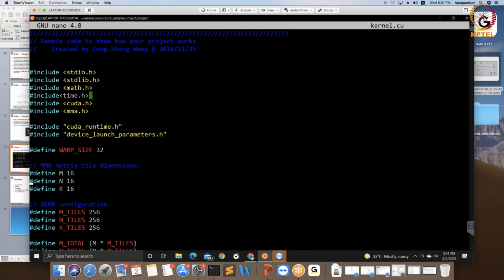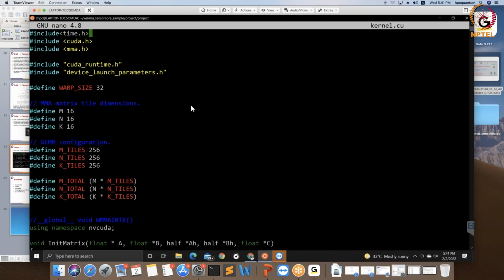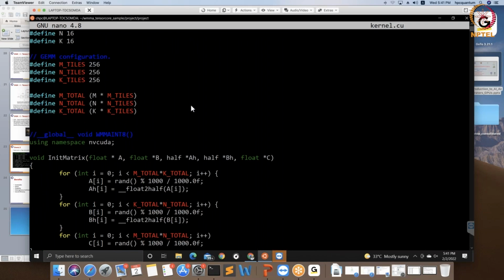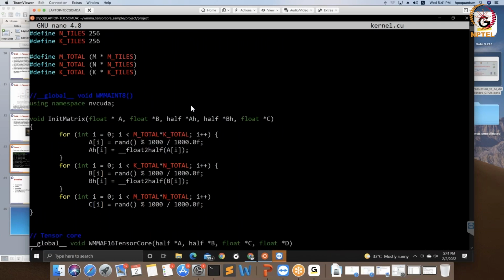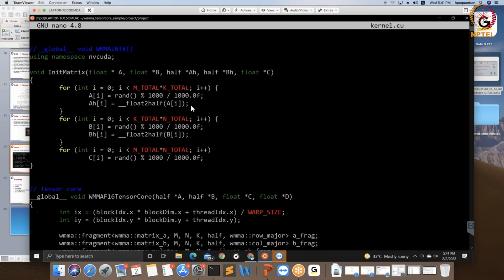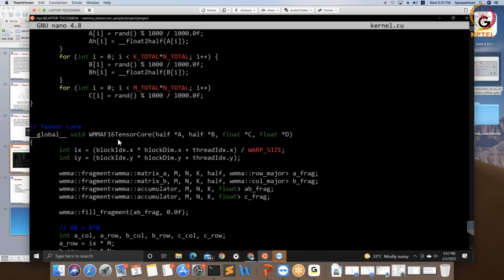Okay. So this is actually WMMA initialization. Then you work with tensor cores using the WMMA F16 tensor core type of thing instead of just CUDA